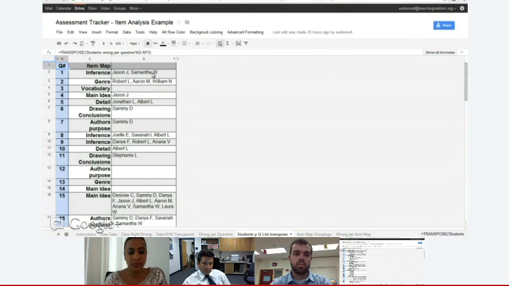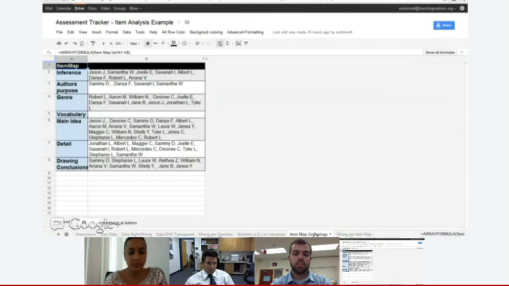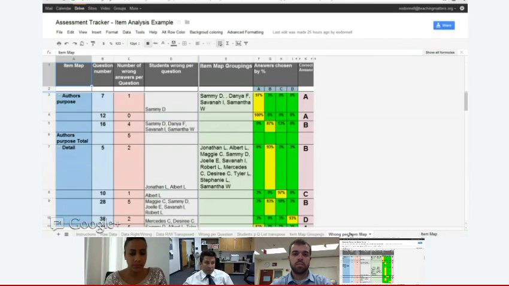Grouping the questions and returning who is getting the questions wrong, then grouping them even further. So these are your main categories, and then it's auto-populating who's getting these questions wrong and starting to do your groupings for you as a teacher. This is the same view, only it's giving you,